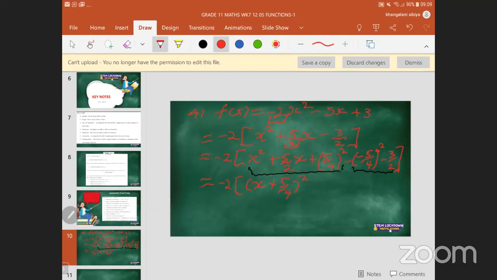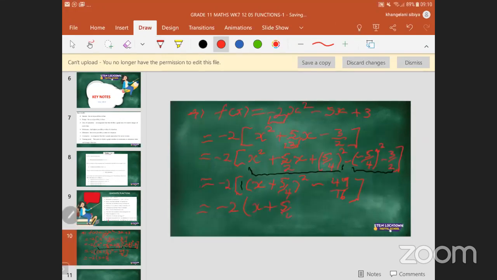You can simply use your calculator right away. Then the answer that we got yesterday was negative 49 over 16. From there, the last step is to remove the big bracket. Obviously here you have an invisible 1. So what you will do here is say negative 2 times positive 1. This will give you negative 2 into x plus 5 over 4